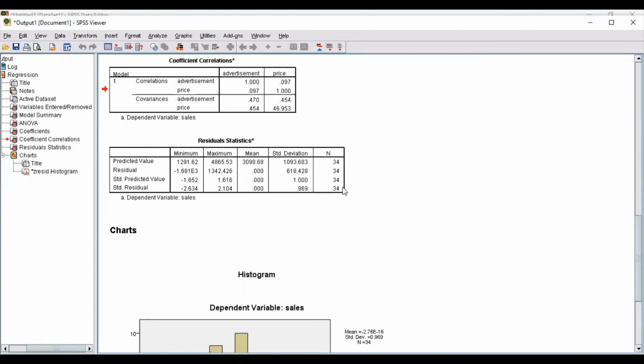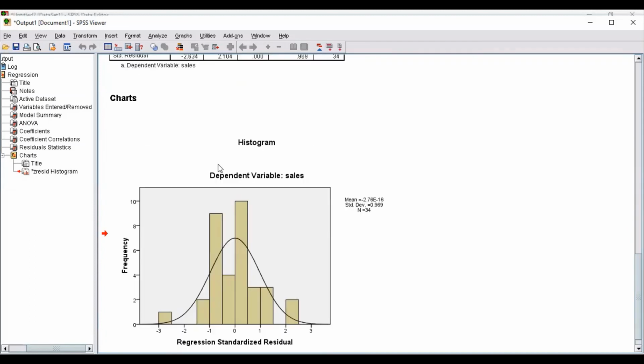Here this shows that there were a total of 34 observations. And the last output shows the histogram for this data set, wherein the dependent variable is sales, with the frequencies and regression standardized residual.